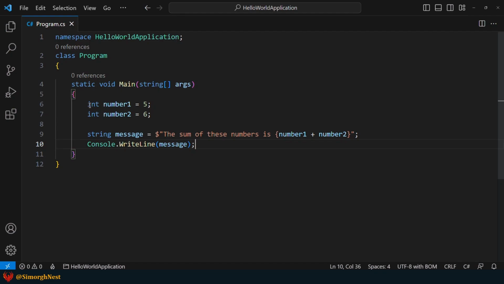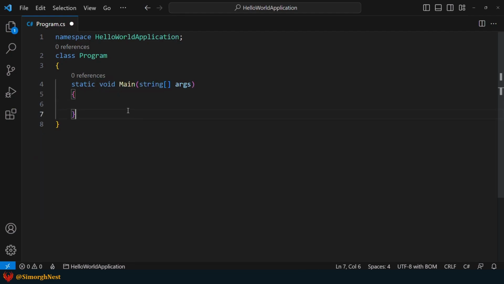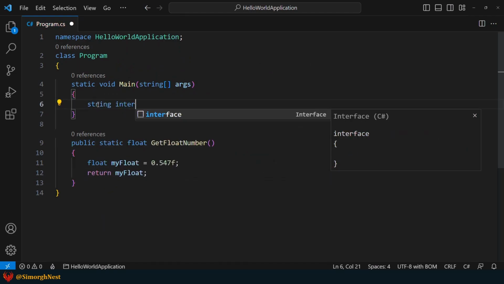Alright, now let's demonstrate how to use a method within a string interpolation. To begin with, let's define a method that returns a float number. Next, we can use this method in a string interpolation.